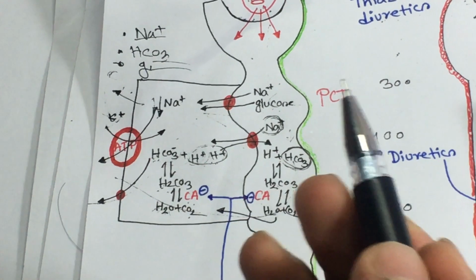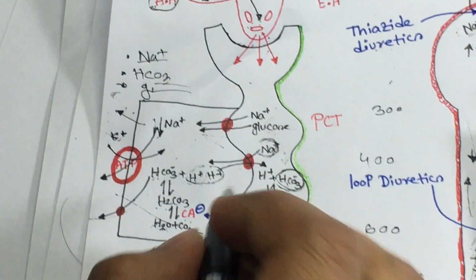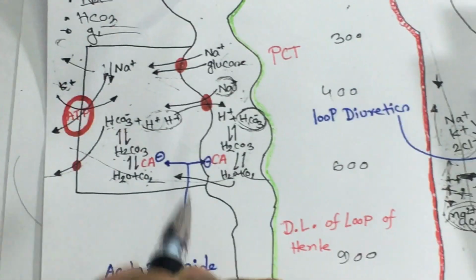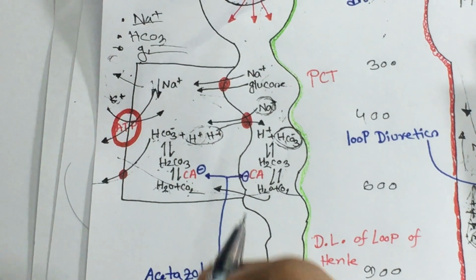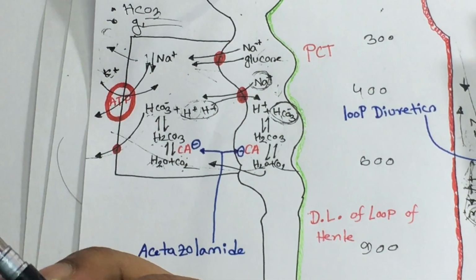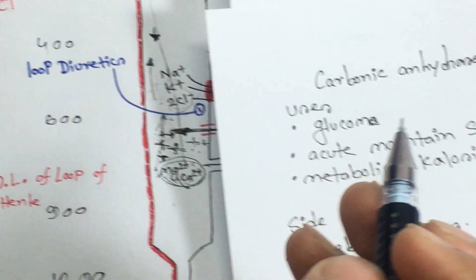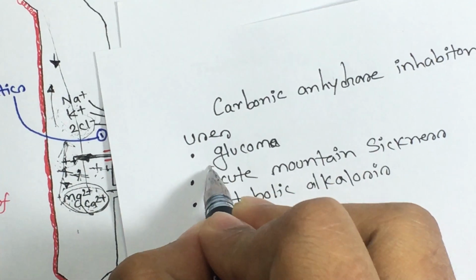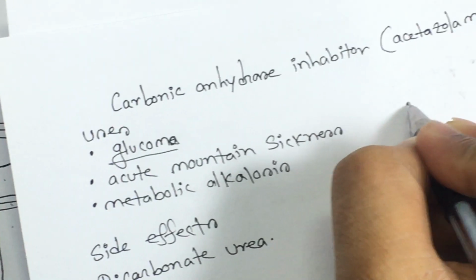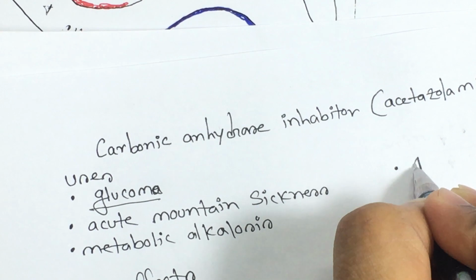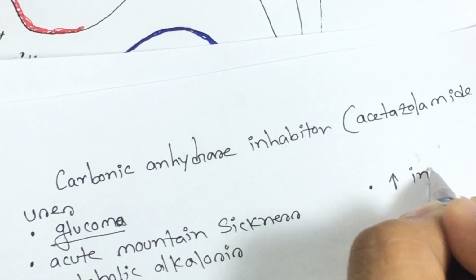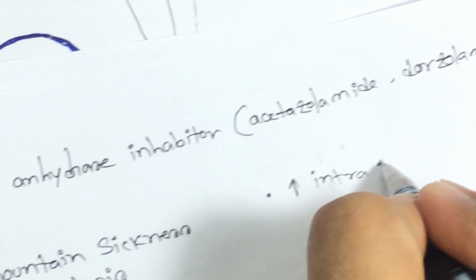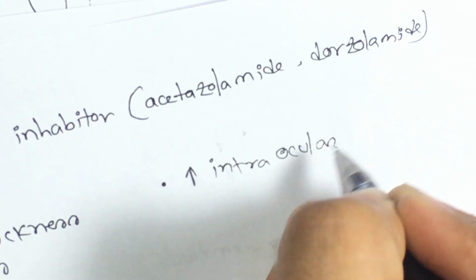And you know that as a diuretic, this carbonic anhydrase inhibitor action is very weak, and we use this carbonic anhydrase inhibitor like acetazolamide, dorzolamide in glaucoma patients. Glaucoma patient, what's the problem? Increased intraocular pressure. Okay, so by using this drug,